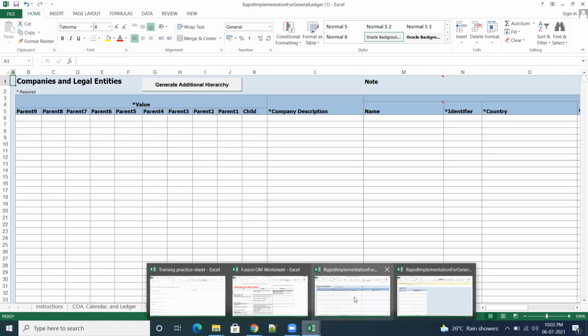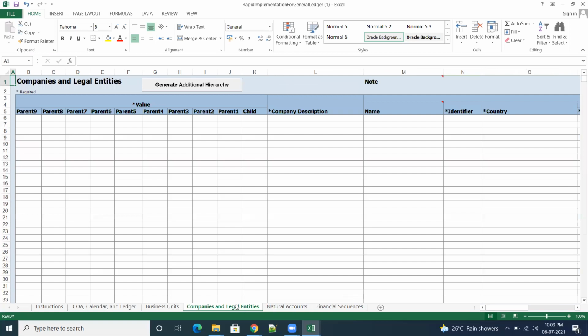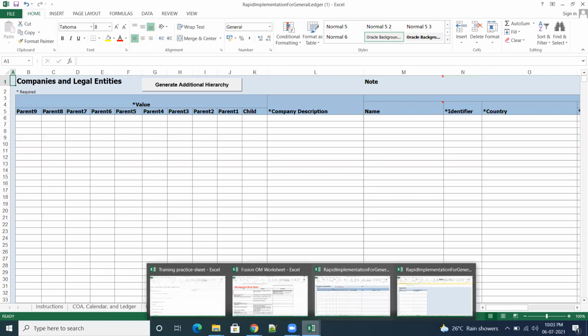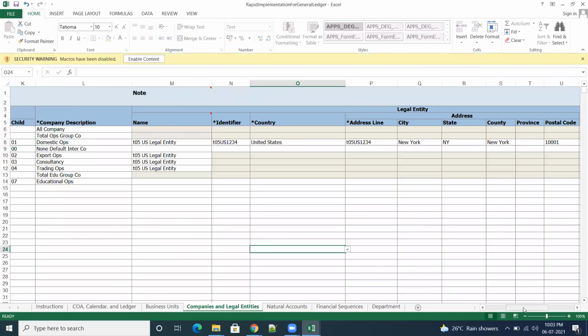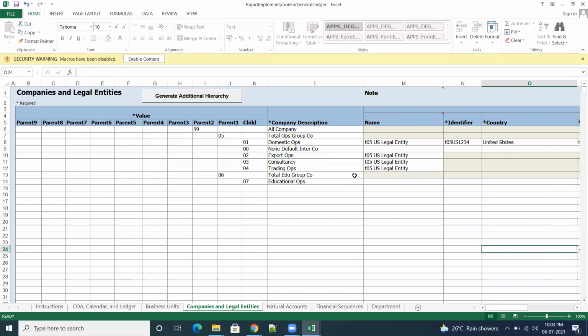Okay, now companies and this one. So go to the same sheet. So this one just copy paste, and here what we are doing is, how many companies? We can see here domestic ops 01, 002, 02 export OPS, 03 consultancy, like that.